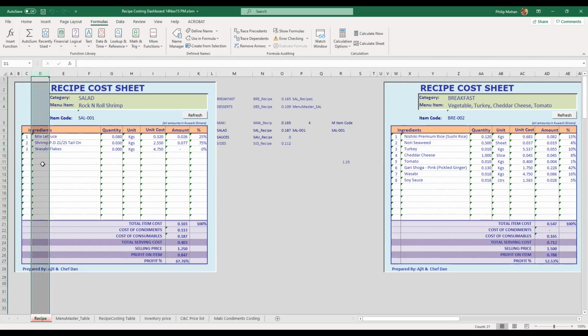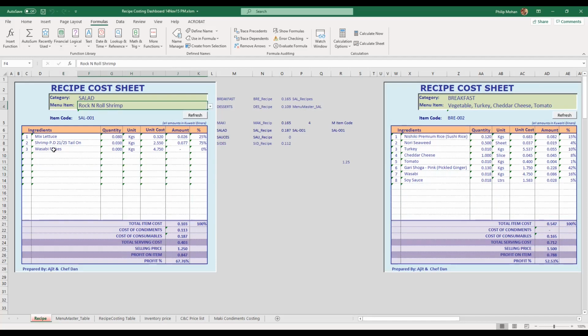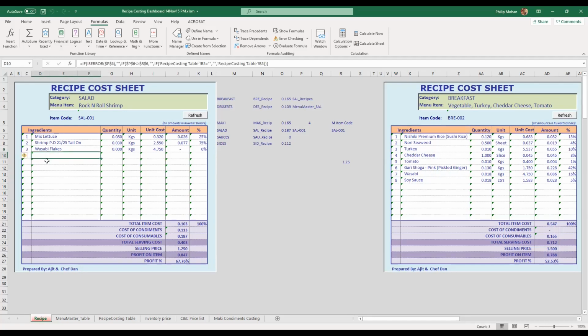So what I'm saying is, if this is blank, then I want this to be blank. Actually, this doesn't come first, even though you might think it does. This comes first and then this comes, because this is conditional on this. If D9 is empty, then this column also should be empty. That's why there is no 4, because D10 is empty.